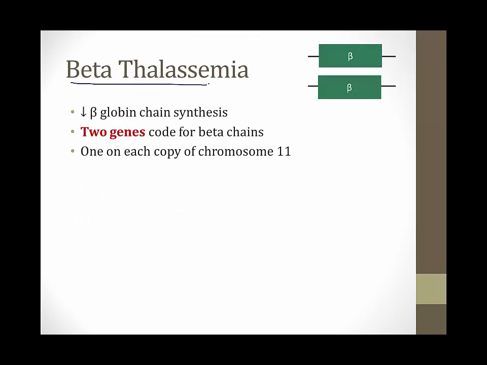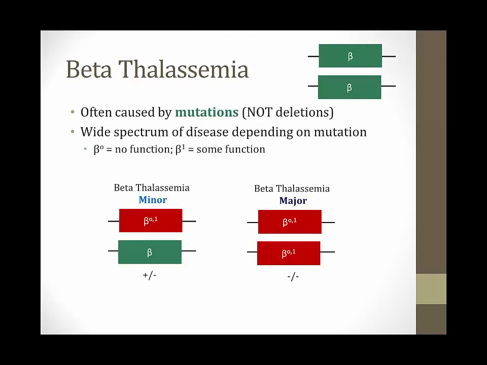Now let's talk about the beta thalassemias. These are conditions where there's decreased synthesis of beta globin chains. Beta globin chains come from 2 genes, not 4 like the alpha chains, and there's 1 gene on each copy of chromosome 11. Beta thalassemia is caused by mutations in the beta globin genes, not deletions like we saw with alpha thalassemia. And because this condition results from genetic mutations, there's a wide spectrum of disease depending on the specific